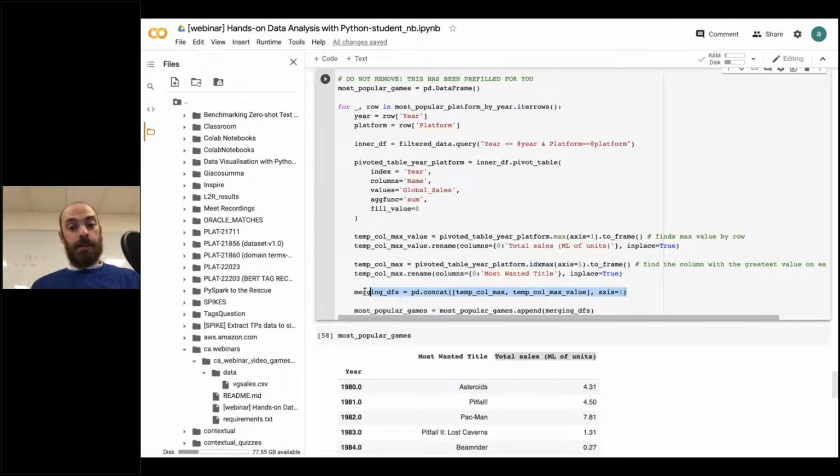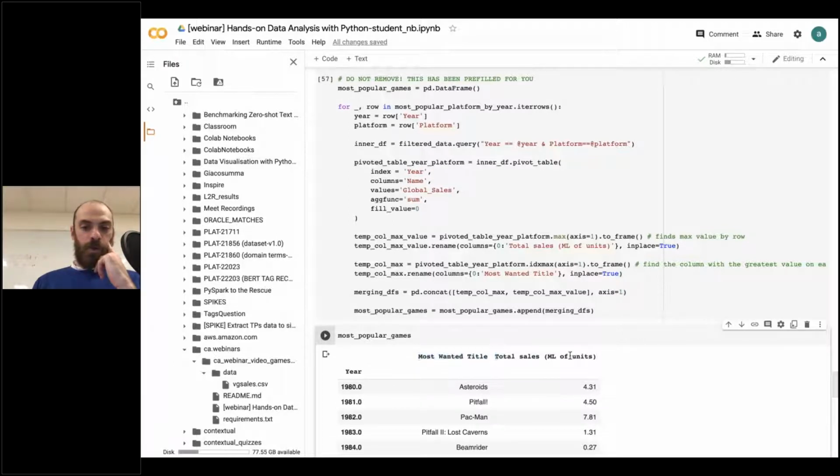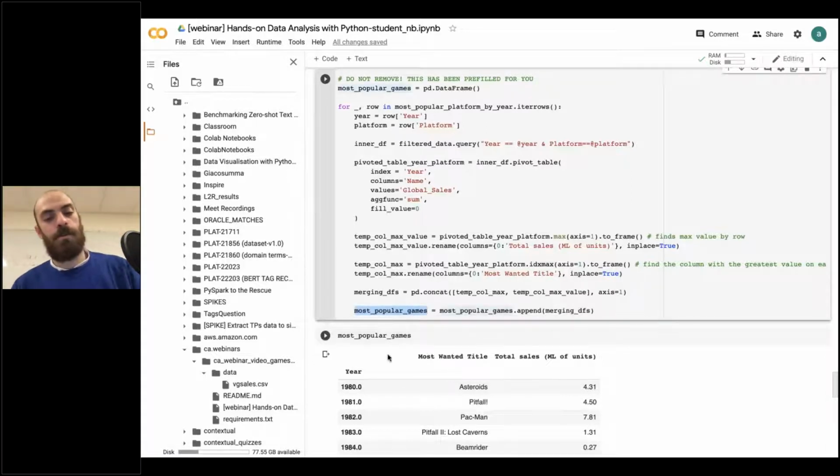But we haven't seen this function called concat, which is used to concatenate data frames. The argument axis equal to 1 means that we are concatenating data frames with respect to columns. Axis equal to 0 means that you pick two data frames and append the data sets one after the other, whereas axis equal to 1 means that you append the second data frame to the first by columns. That is what we did, since we are appending the most wanted title and the total sales as different columns, populating our data frame called most popular games. Okay,